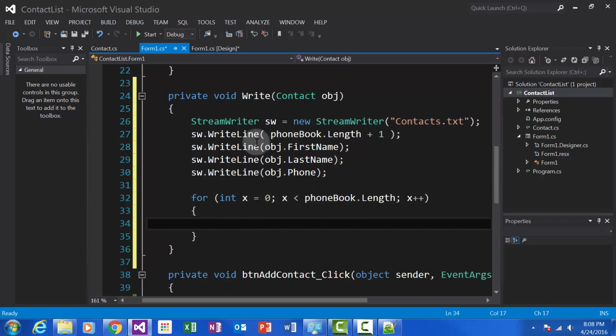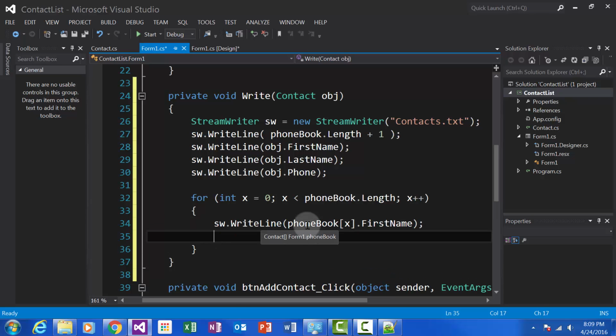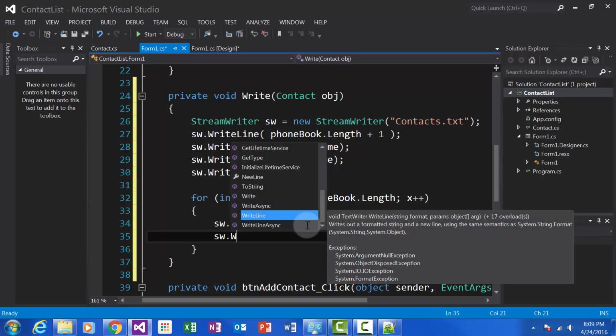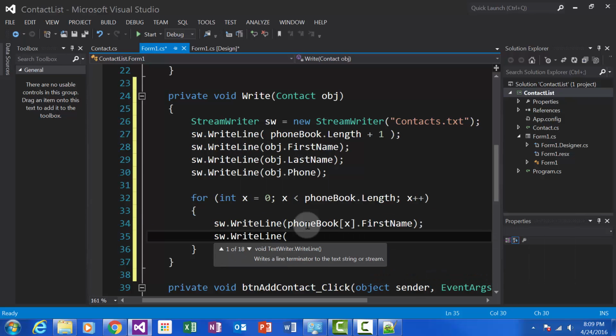Right, so I'm going to do something very similar to what I did here. I'm going to do sw.writeLine, but instead of it being just one single object, now I have to traverse through my array. My array is called phone book sub x, and I'm going to get the first name and write that, and then sw.writeLine phone book sub x dot last name,